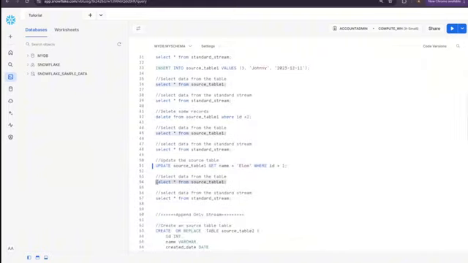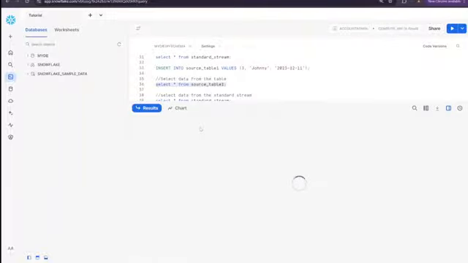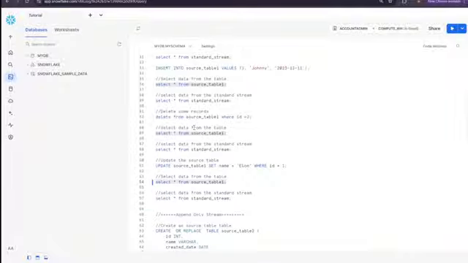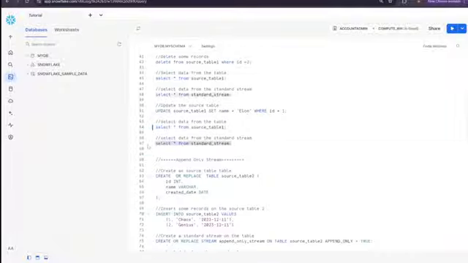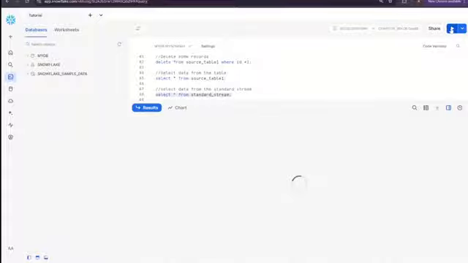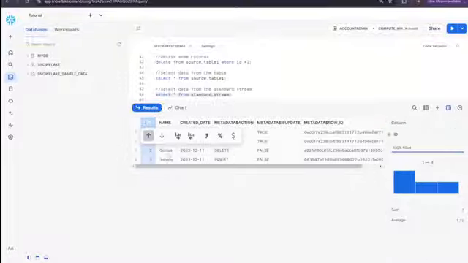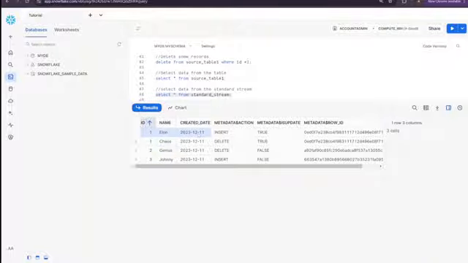So now your record is updated in your source table. If you go back and check your source table, you should have an updated name for the ID 1, right? So your name is now Alan, compared to what you had previously in your source table. Now let's check the stream, how the stream has captured this particular DML operation. So now if you see here, if I just order by this on ID 1,